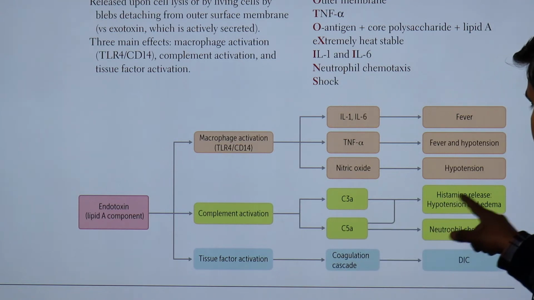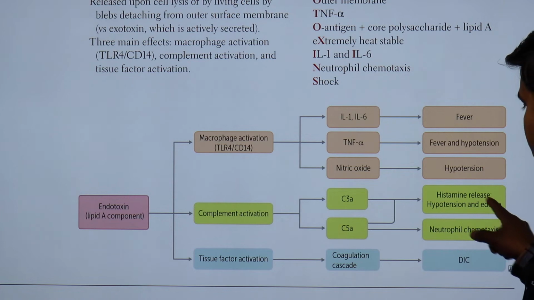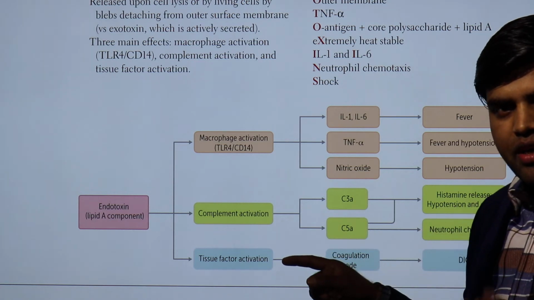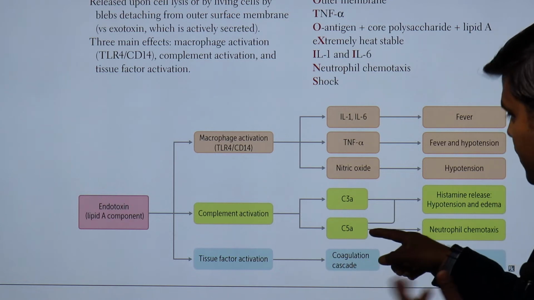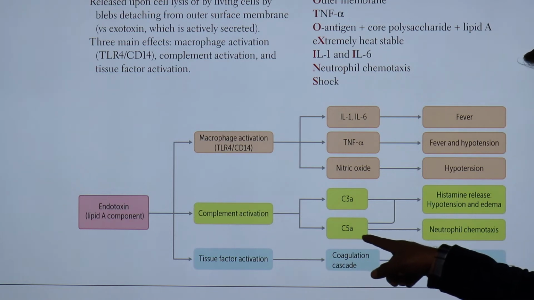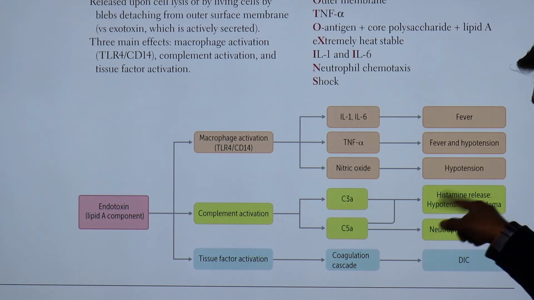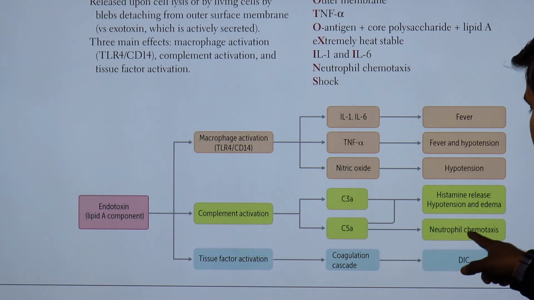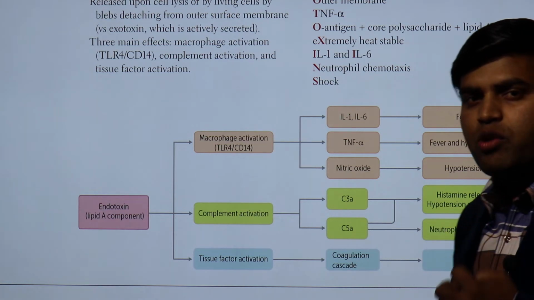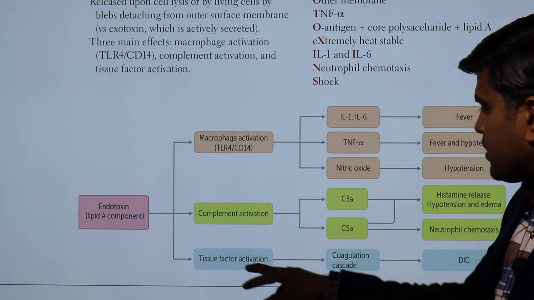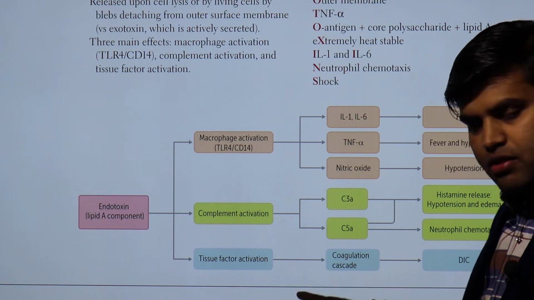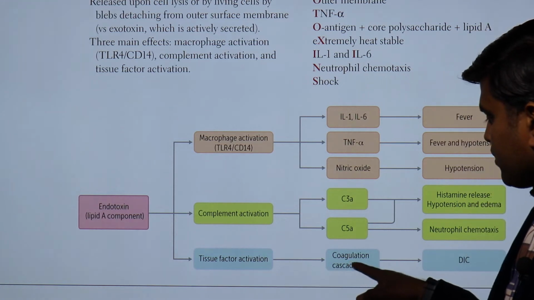These are releasing the histamine releaser, hypotension and edema. This histamine again causes vasodilation and develops hypotension that leads to the fall in blood pressure. So in shock, C3a and C5a both have this hypotensive property, and C5a has the additional property of neutrophil chemotaxis. There is another mechanism by which they activate the tissue factor, and by which they cause the coagulation